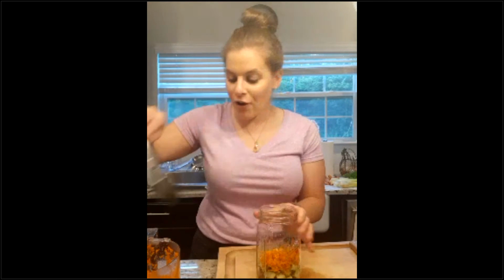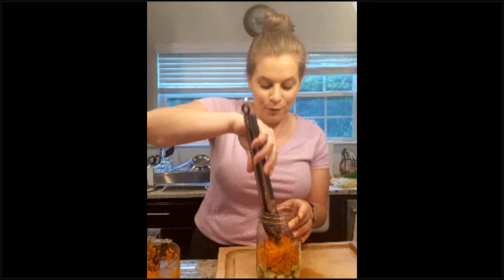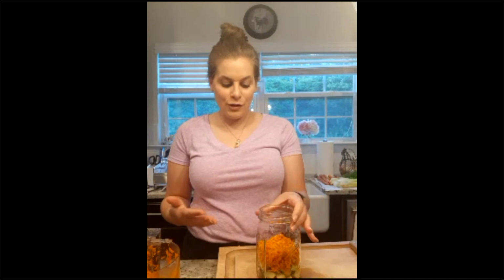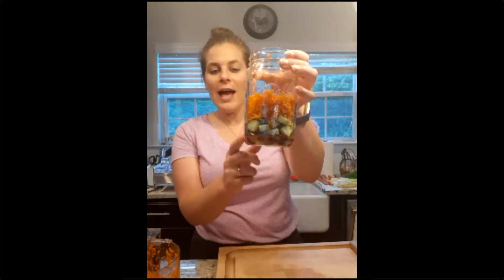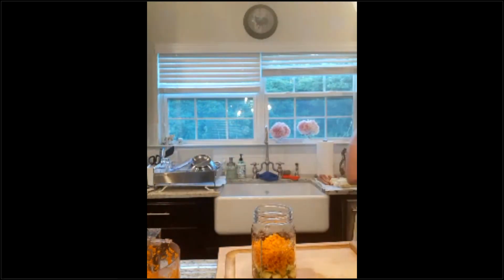And I always say we eat with our eyes, so I like to make my meals as colorful as possible, because if you get excited about what you're gonna eat, obviously you're gonna continue to eat it, and also eat a variety of different nutrients. Focus on eating the rainbow of vegetables. This way it ensures that you're getting a variety of nutrients with each vegetable that you're eating. So just to recap, we have the dressing on the bottom, we have our dark red kidney beans, our cucumbers, and then our carrots. And then today I am going to be using